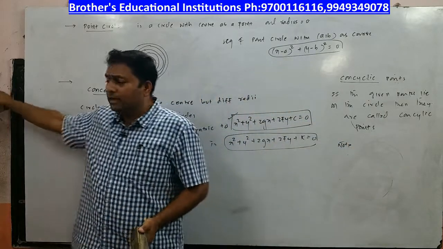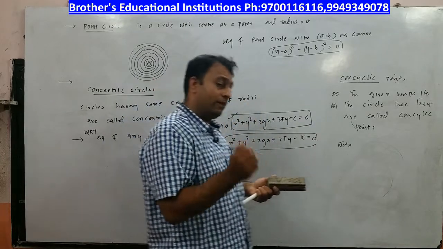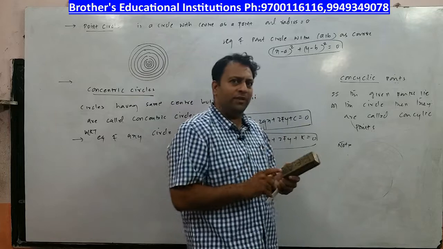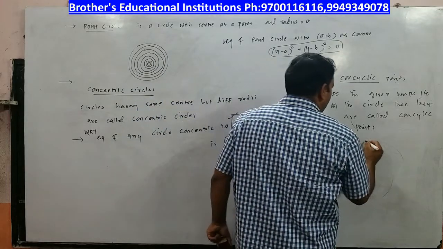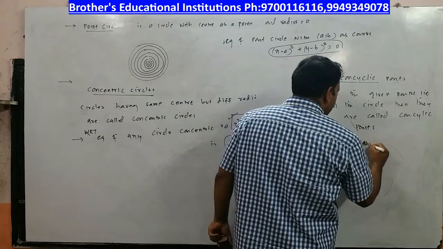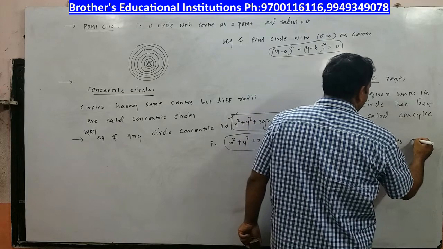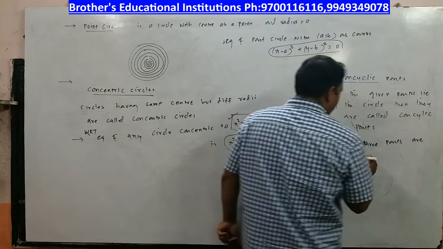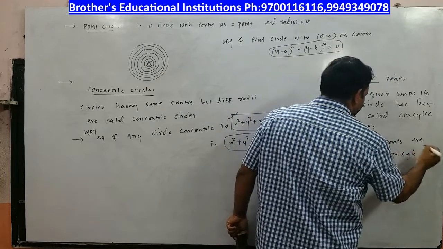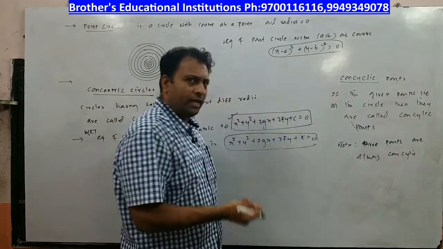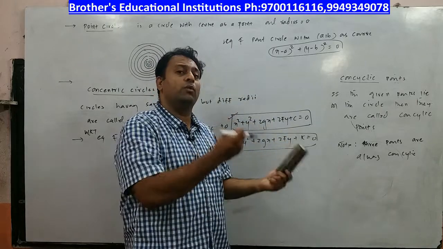You must have seen the figure prior to that. Through 3 points I am always able to draw a circle, but when the 4th point was there, I had some difficulty. Not all of them, few of them only will be concyclic. So note, any 3 points are always concyclic, right? If the 4th point also is concyclic, then it has to satisfy the given equation of the circle.